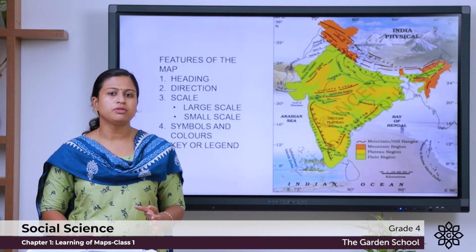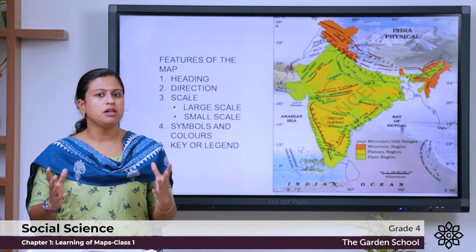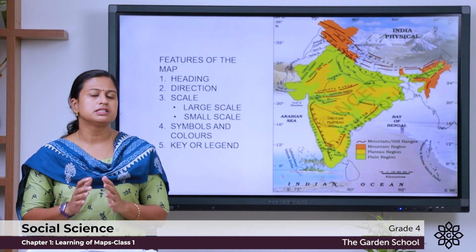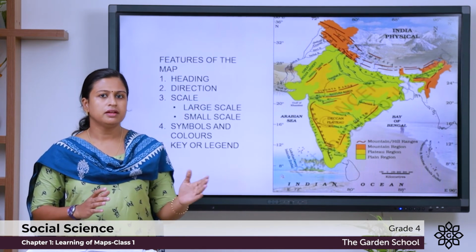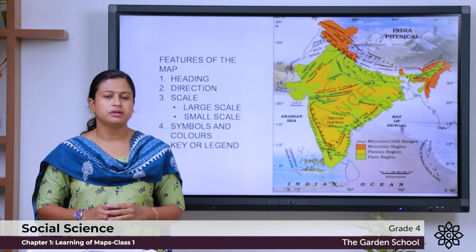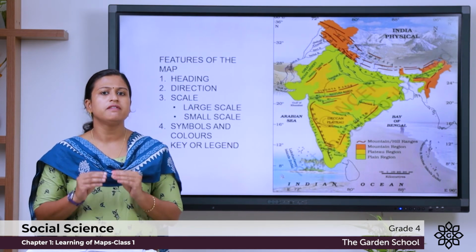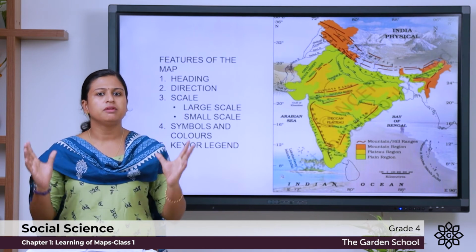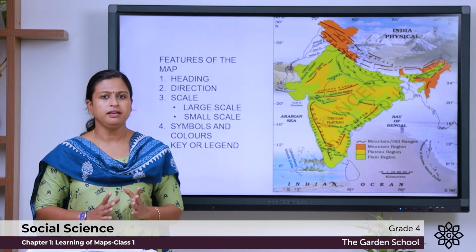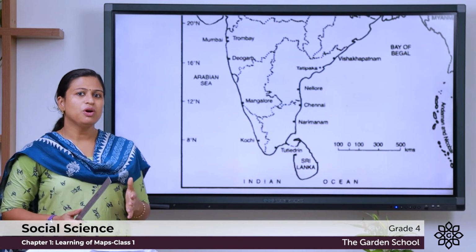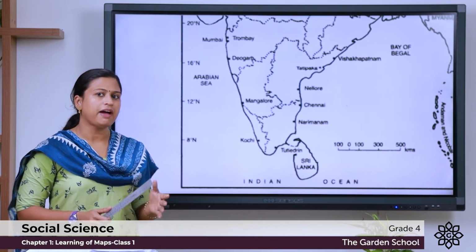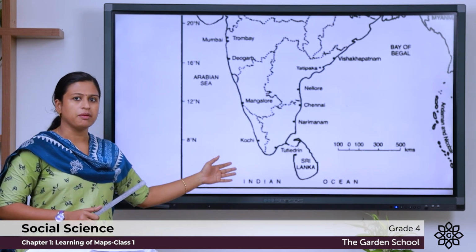Large scale maps are those maps which give lots of information about a small area like the local colony map. And the small scale maps are those maps which give less information of a very big area like the world map. So, using your scale you can find the distance on the map.